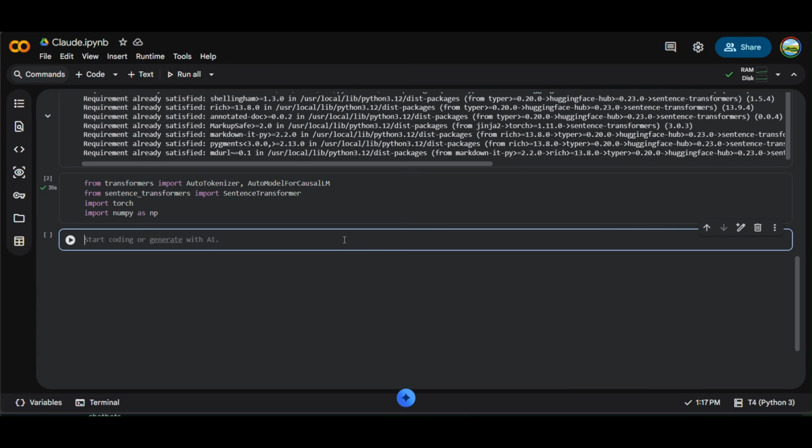And now let us start writing the code. First, I'll set up the model's name. Model name equals, within double quotes, Qwen slash Qwen2.5-0.5B-Instruct. Cool. After researching different open source options, I decided to go with Qwen 2.5. Just like Claude, Qwen is also built on the transformer architecture. It is lightweight, capable, and most importantly, it can run inside Google Colab without needing a data center.